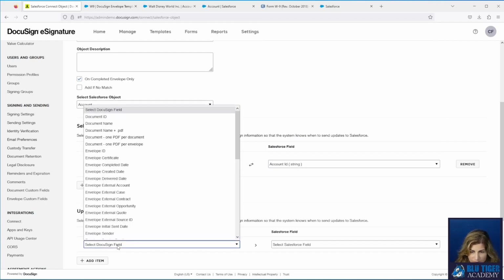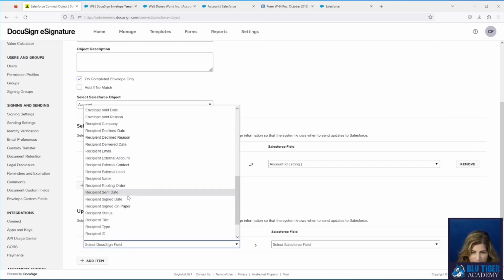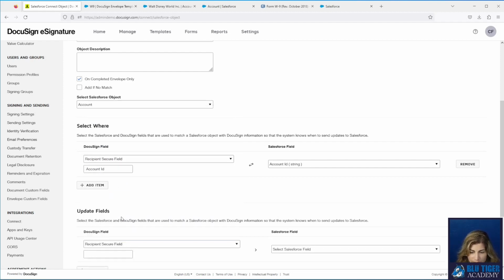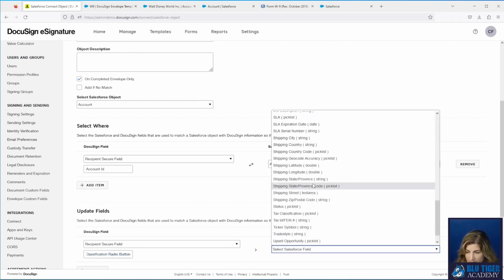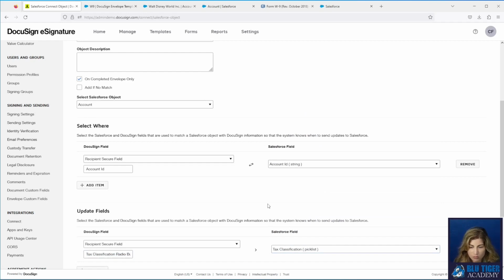Then this down here, this is where you're telling it, hey, I want you to look at these radial buttons that I created. And this name that you write in here has to be the exact name that you called all those radial buttons. This account ID field has to be the exact name that you called this field in DocuSign, not in Salesforce, in DocuSign. So this side is on the DocuSign side. Then we want it to map whatever value is in the radial button that the user chooses. We want to map it to our tax classification field over in Salesforce.